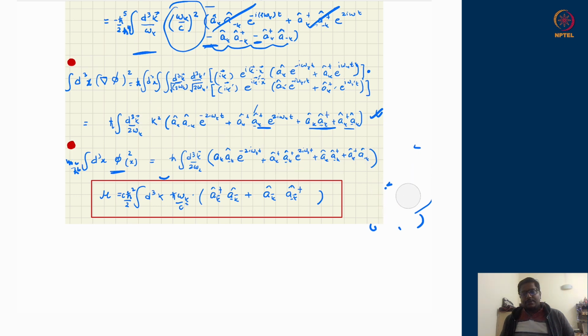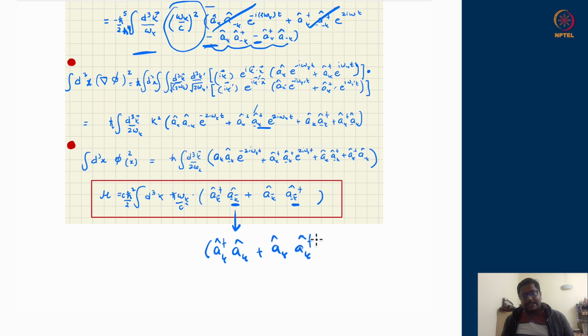which is made from just A and A daggers, just like a harmonic oscillator does, right? Only thing which you have is that here I have a minus k and here also you have a minus k, but this should not worry us because we already know that a of minus k is equal to a of k, and a of minus k dagger is also equal to a of k dagger. So ultimately this is indeed very much like harmonic oscillator plus ak dagger. So this is what we get for ordinary harmonic oscillators as well.